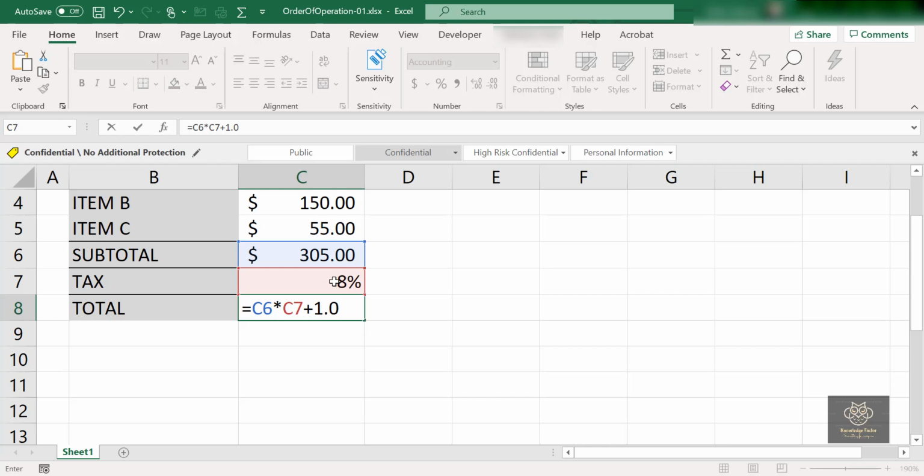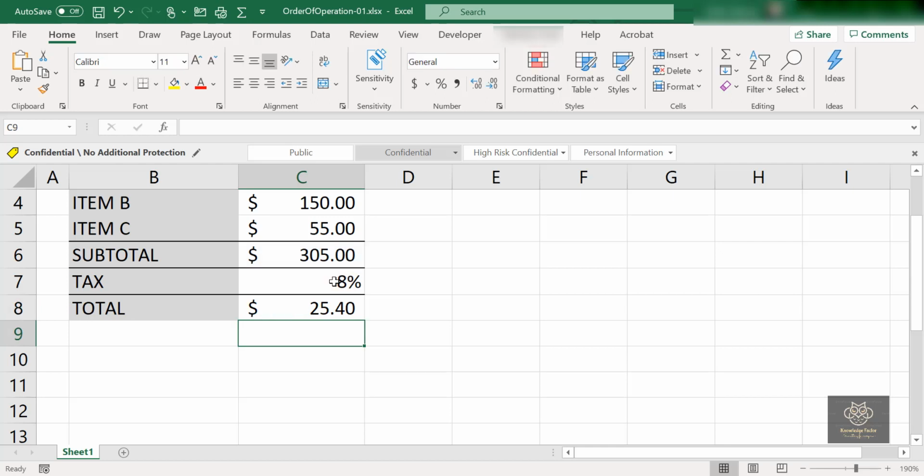Essentially we are going to take the 8% and add 1, or add 100%, to it. So we will end up with 108%. Okay, so I'll hit enter. What happened? That's 2540. That doesn't sound right, right? We wanted that 305 plus 24.40 that we saw earlier. So what's happening here?